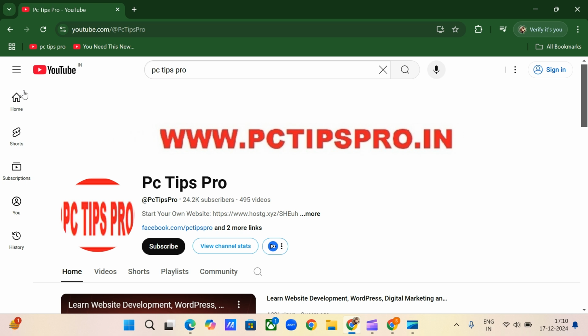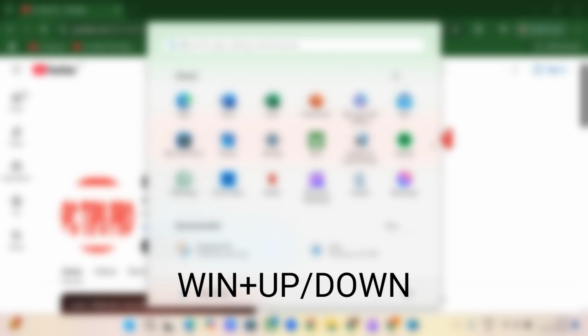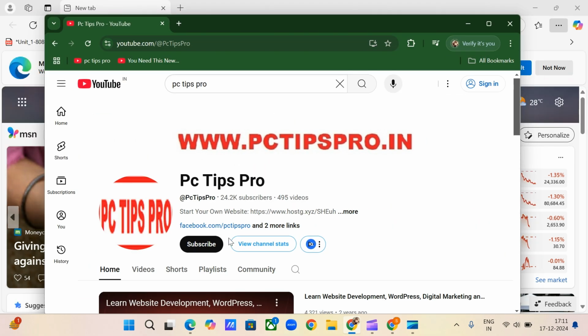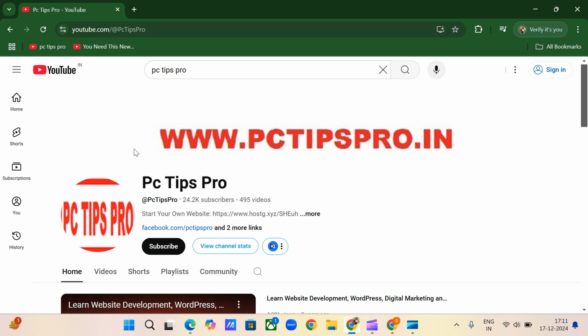And then the second shortcut is you can just hold the Windows button plus up or down keys to minimize or maximize your tabs. In this way you can use your up and down arrows along with your Windows key to minimize or maximize